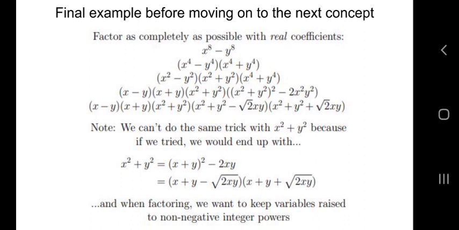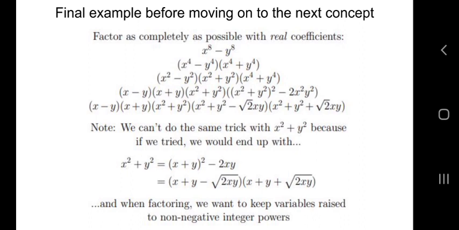Now notice that if we tried to do this same trick with x squared plus y squared, it would fail. And I'll show you why. What if we tried to do the same thing with this? If we looked at that x squared plus y squared term, we could say that, oh, well, this almost looks like x plus y in parentheses raised to the second power, except it's missing the 2xy in the middle. Well, yes, but if we try to factor it, as you can see on the screen here, we have x squared plus y squared equals quantity x plus y squared minus 2xy. That's all fine and good, except,